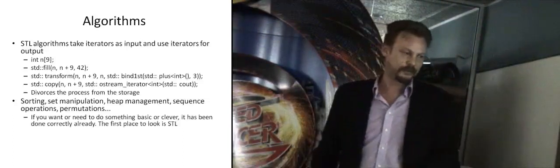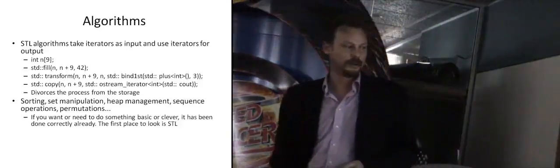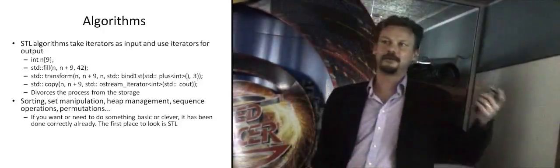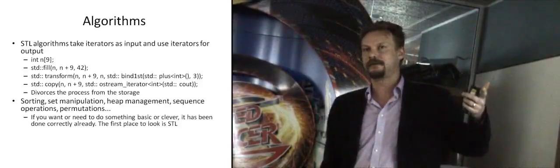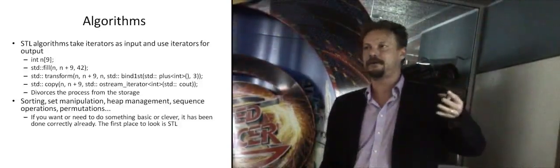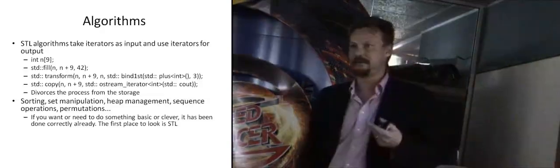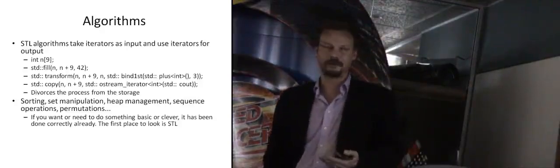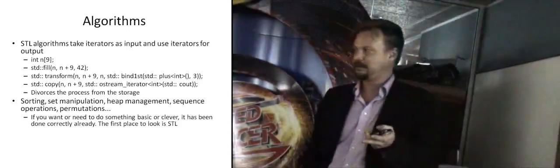for example. So in general, if you need to do something either basic or clever, it's already been done correctly already, and the first place to look is STL. I'm not saying you should use it all the time for everything, but whatever you need to do, generally can be described as a sequence of algorithms. We don't really typically look at things that way, and maybe we could start looking at it like that a bit more, because then you formalise what you need to do, and you've got complexity guarantees on how you do it.